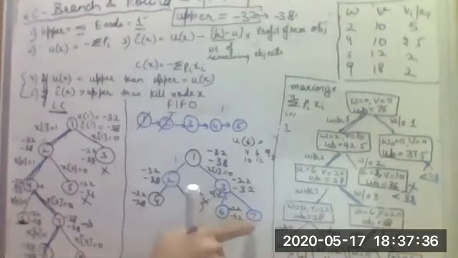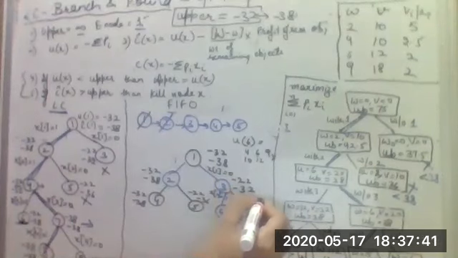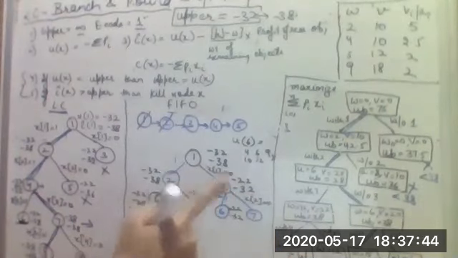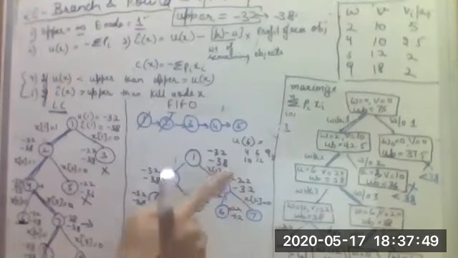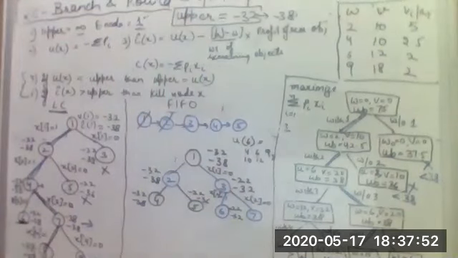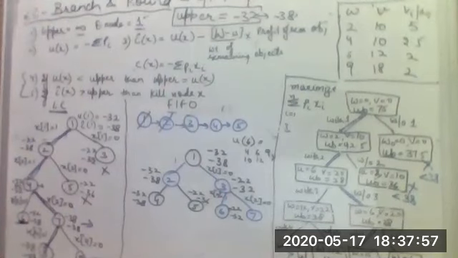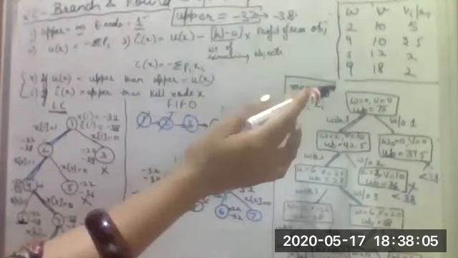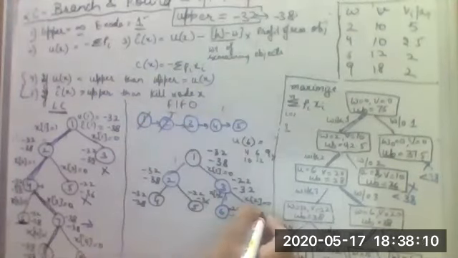Right. Similarly for the seventh node, when you are not including the second element also, first element is 0, second element is 0. So you are not including the first and the second element. You are only going to include the third and the fourth element. Fine. So if you are going to include only the third and the fourth element, both the elements can be included because the weight value is 6 and 9, that is 15. So you get here 30. So u and the C cap function value will be the same, that is equal to minus 30.